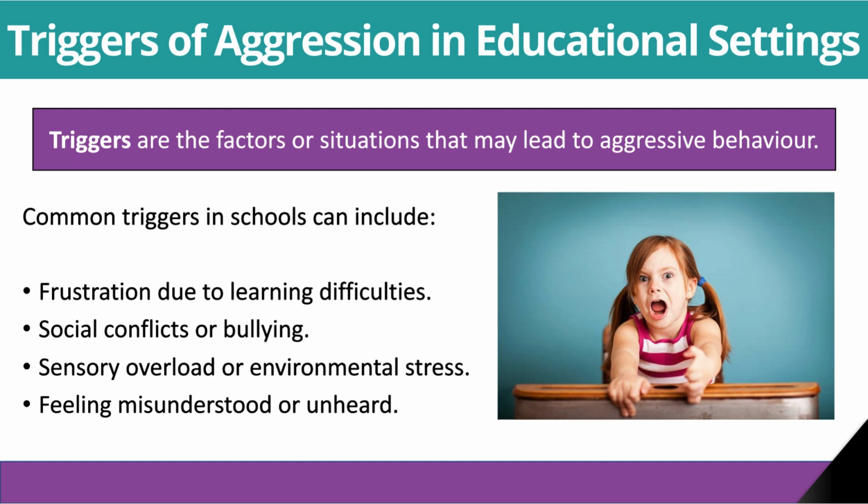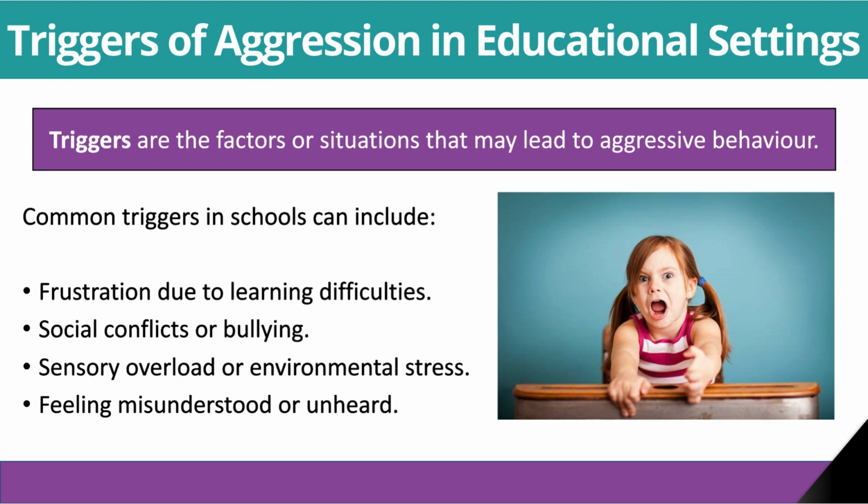Aggressive or violent behaviour typically doesn't occur in isolation. There are usually underlying triggers that cause a person to react aggressively. It can happen as a result of people being scared, angry, frustrated, anxious, or if they feel they are losing control. In schools, it's crucial to be aware of these triggers so that you can intervene early and prevent escalation.